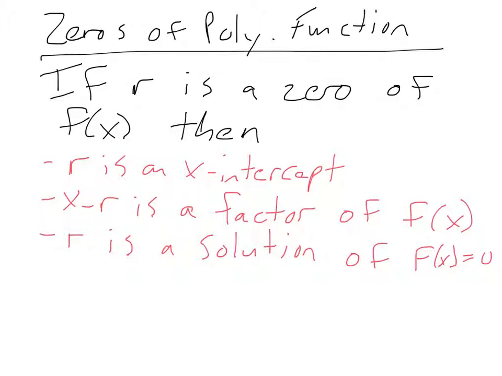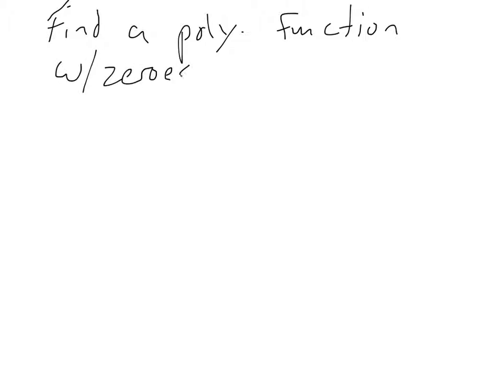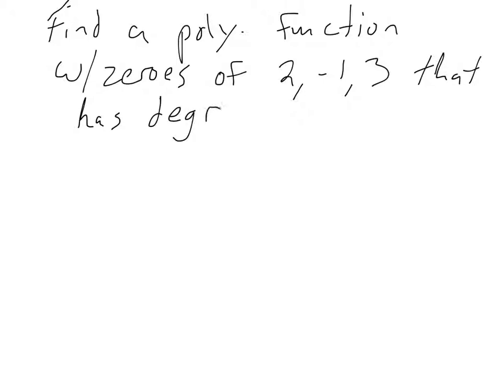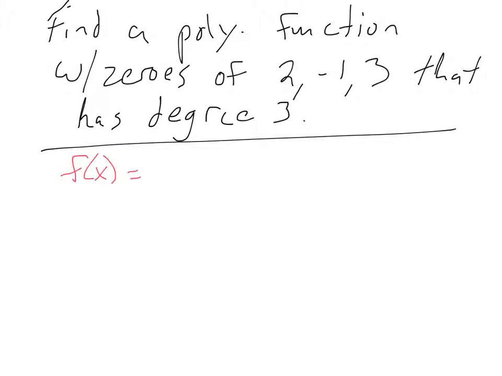Okay, so let's go ahead and answer the following question. I ask you to find a polynomial function with zeros of, let's say, 2, negative 1, and 3 that has a degree of 3. Why don't you go ahead and, based on what you know about zeros now, write a function that has those zeros. All right, so what do we think, Kevin? What would be a polynomial function f of x that's degree 3 that would have those 3 zeros? It would be